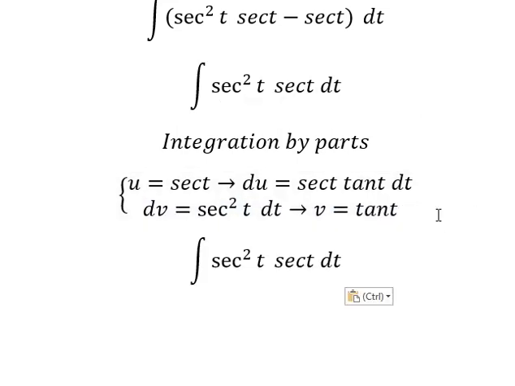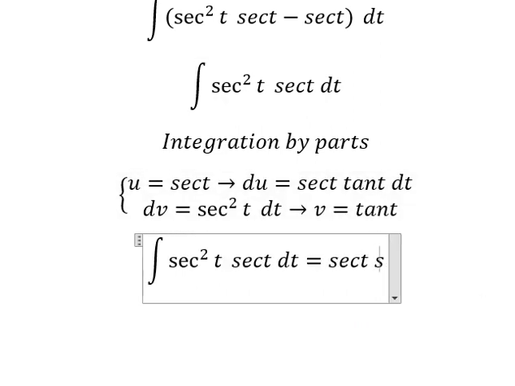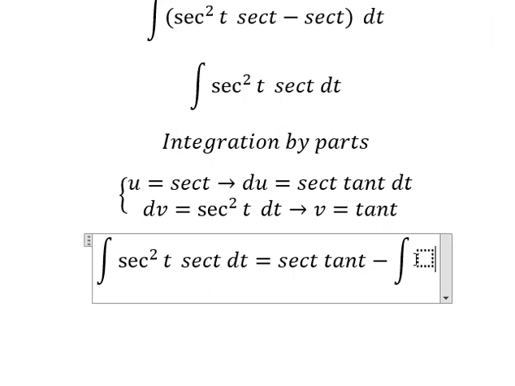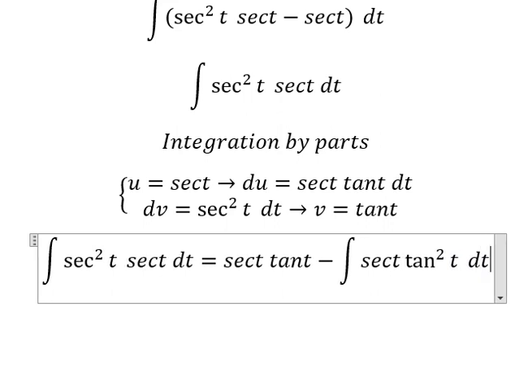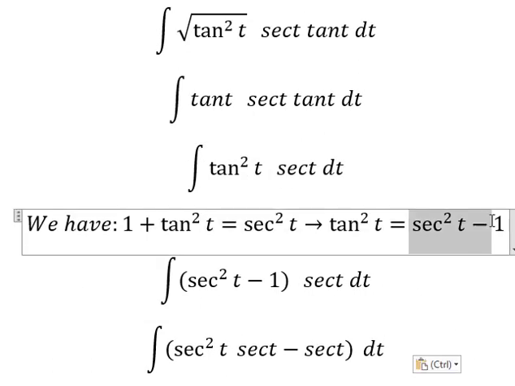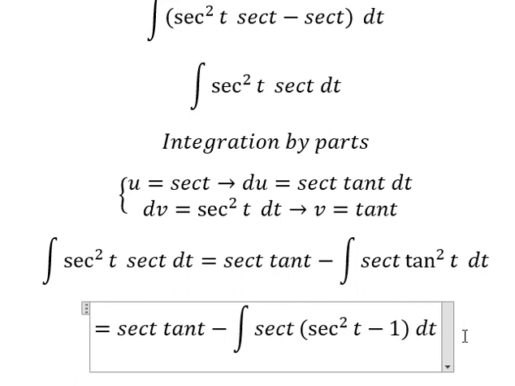So we have u multiplied by v minus the integration of v du, and now we have the integration secant of t tan t square dt. Next, tan t square is this one. And now